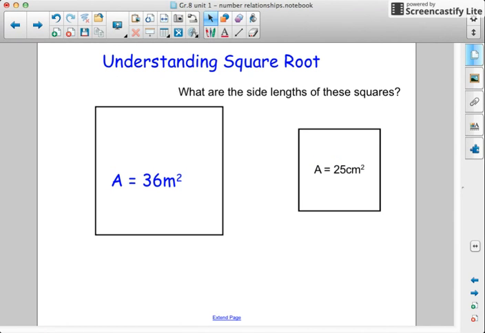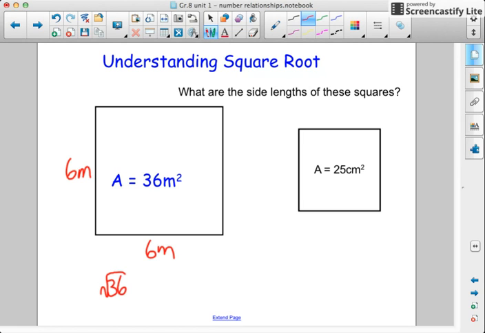So here's some examples. For this first square, if the area was 36 meters squared, what would that make the side lengths of this square? Or what would you have to multiply by itself to get 36? Well, the answer for this one would be 6 meters times 6 meters. Okay, so that means that the square root of 36 is actually just 6, because 6 times 6 gives you